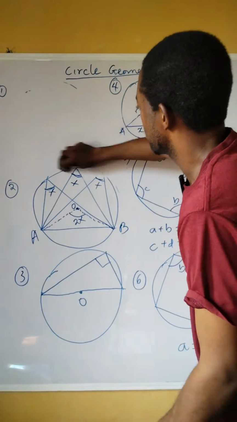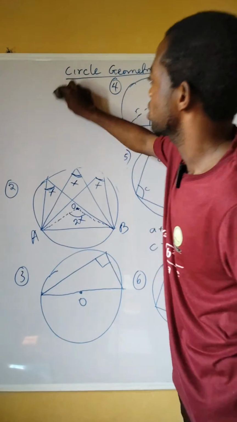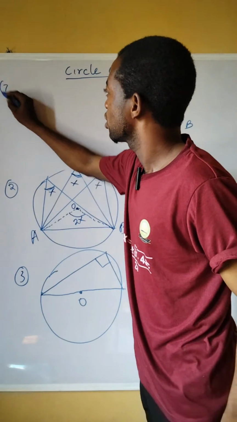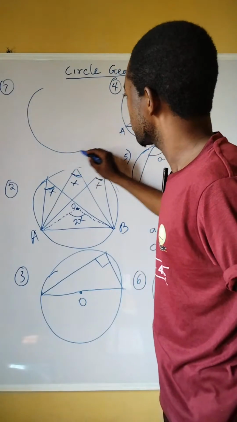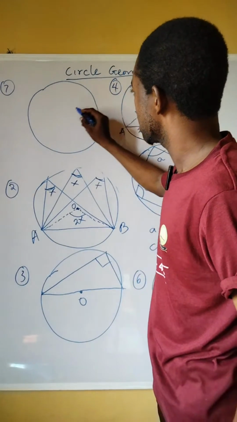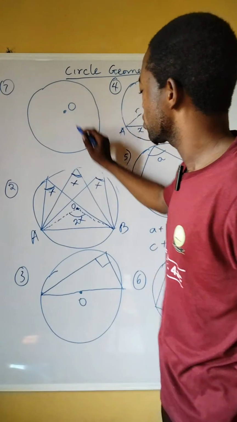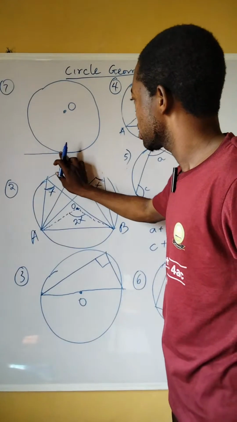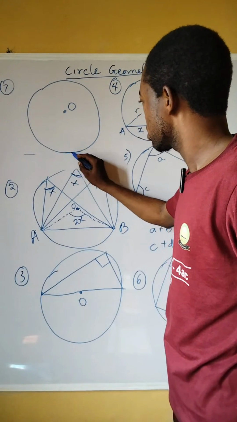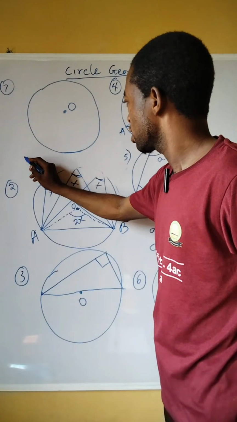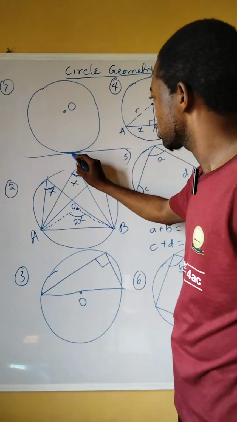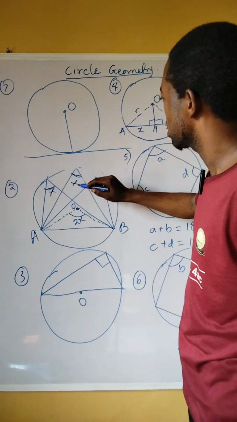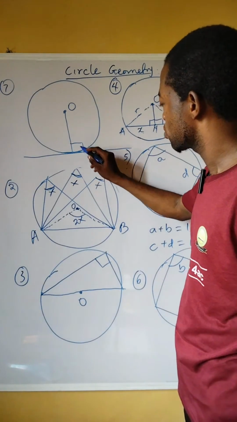Now, we also have some other theorems, and this one will be number 7, on the tangent theorem. And this says that a line drawn from the center of a circle to the point of contact of a tangent... Here we have the center of the circle, and let's have this as the tangent. So a tangent meets a circle at a point. So we have this line touching this circle at this point. So a line drawn from the center of the circle to the point of contact here is perpendicular to this